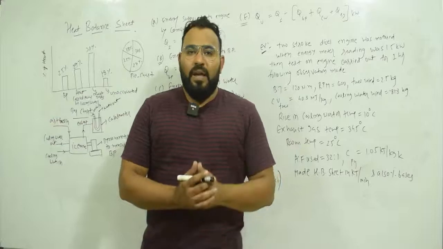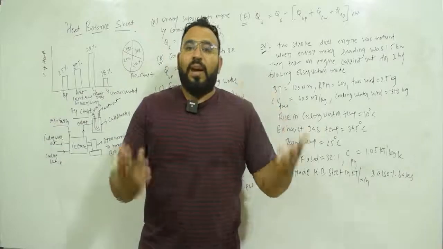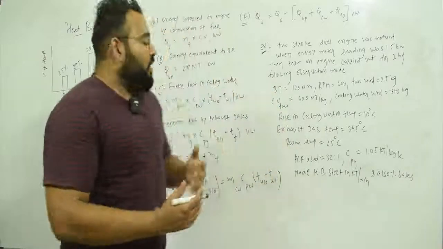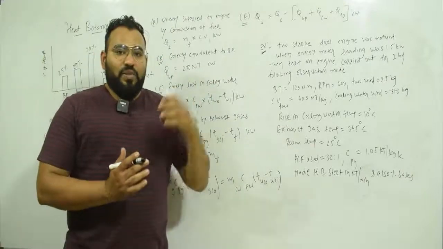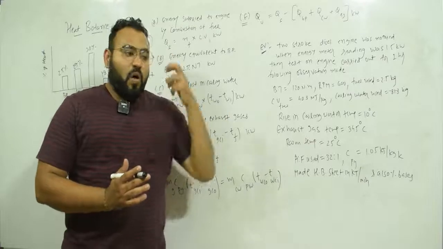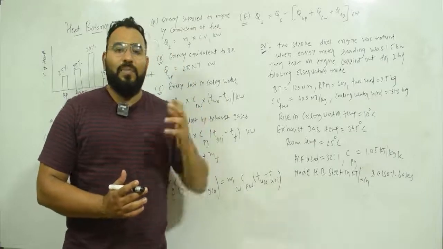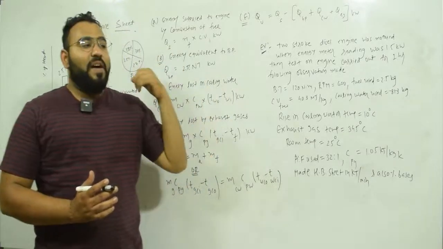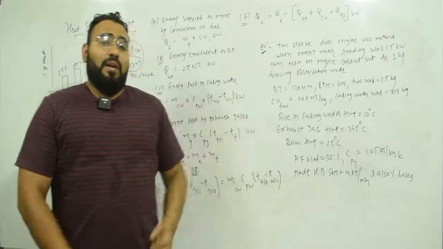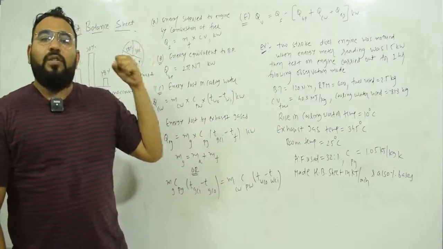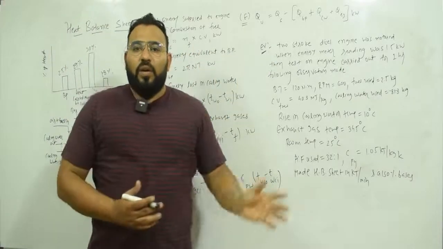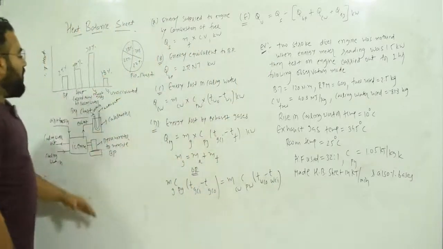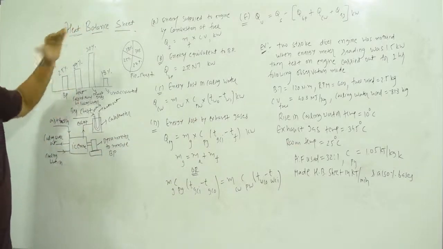In the same way that I talked about the financial example, we will talk about a sheet in terms of heat energy balance. That sheet is made on the basis of heat energy balance: the amount of energy I give to the engine, and the heat or power spent by the engine. I will calculate that, and when I apply the same thing to the IC engine, that sheet becomes the heat balance sheet.